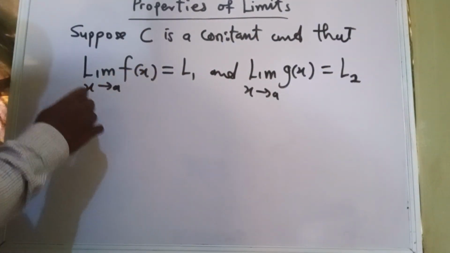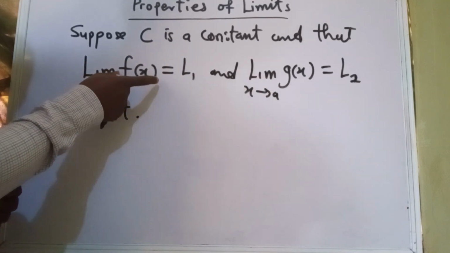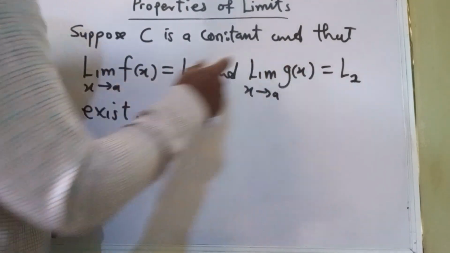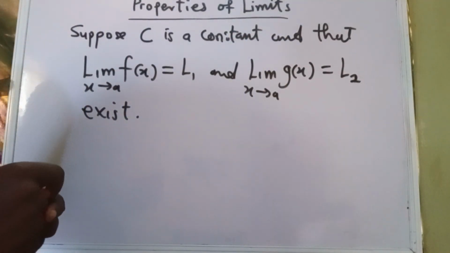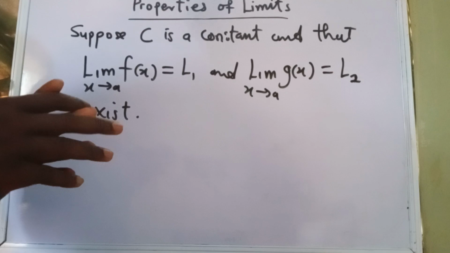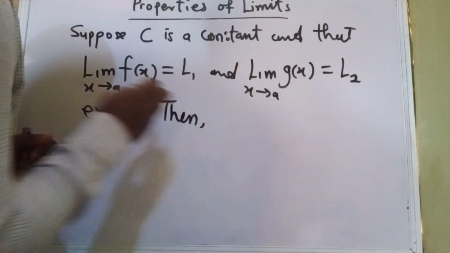So suppose these two limits exist. We have two functions, f of x and g of x, with limits L1 and L2, where L1 and L2 are real numbers, meaning the two functions are defined. So we want to state the limit laws as follows. Then,